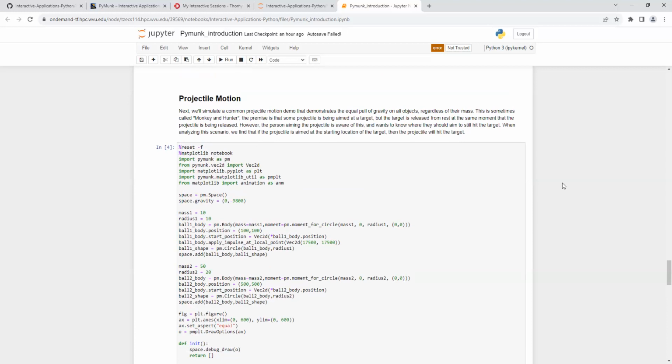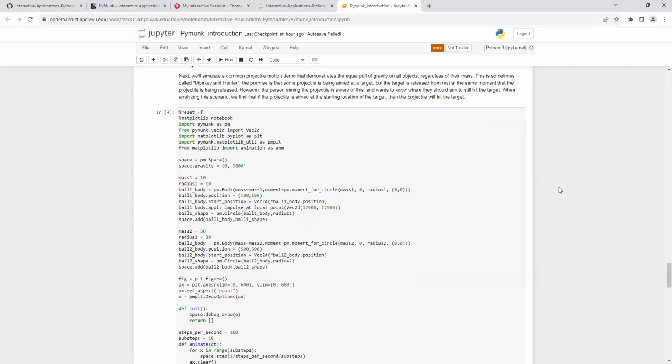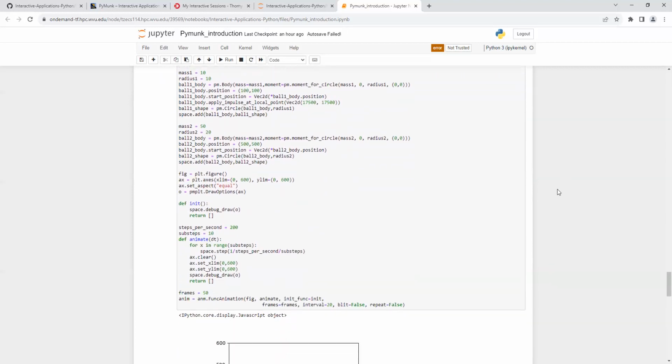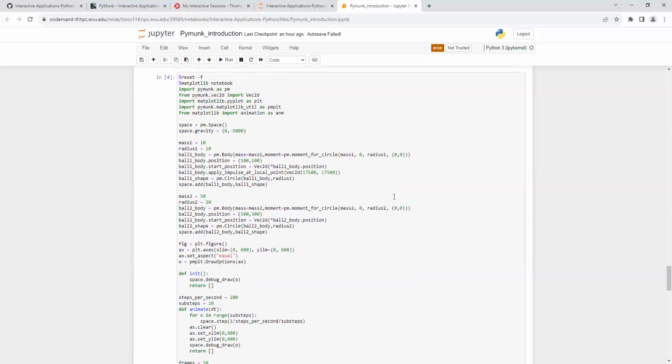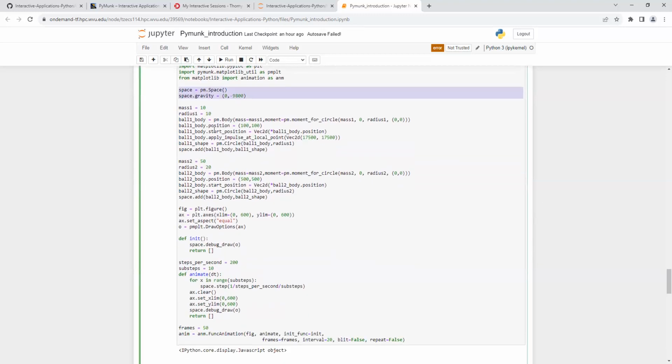objects on Earth will always experience the same acceleration due to gravity. And the outcome, of course, is that the projectile should be aimed precisely at the starting point of the mass, whereas students will often come into the course with an intuition that they should be leading their target and aiming below it. So to set up the simulation, of course, we, as always, start off with our space, gravity, our